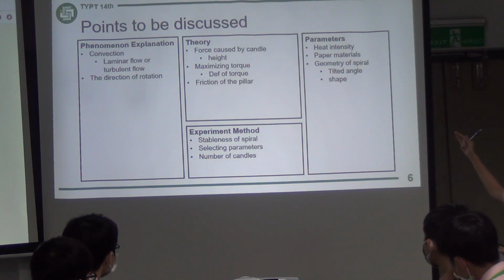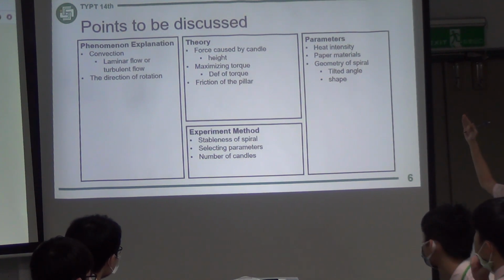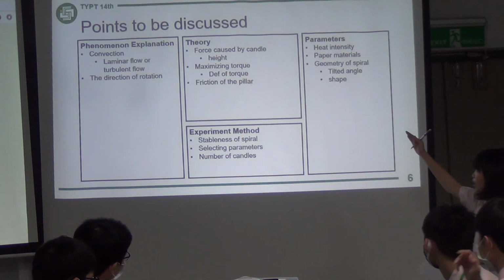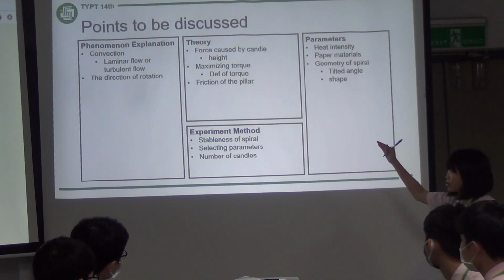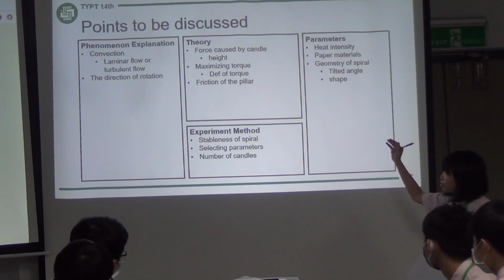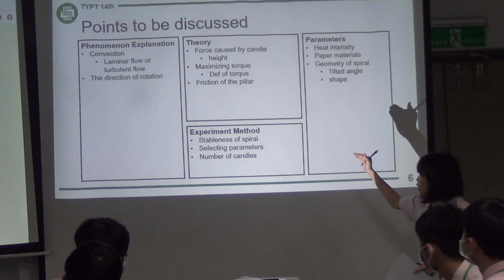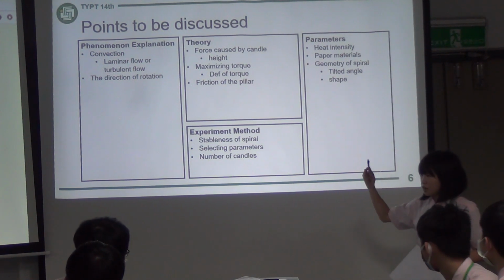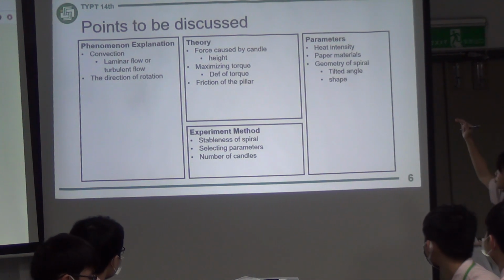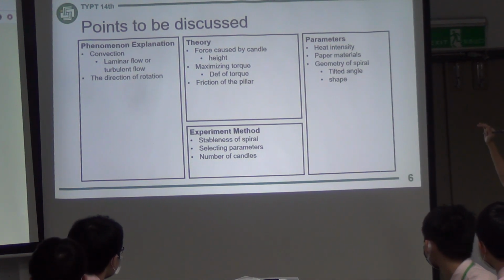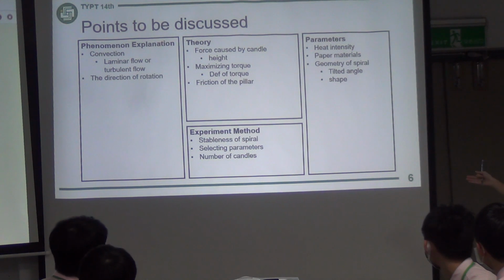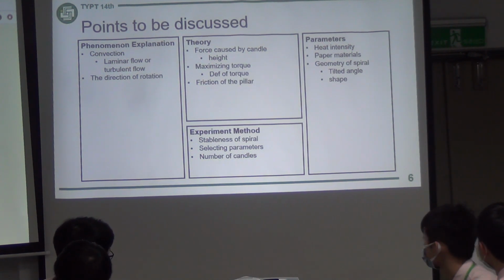Then, since we're trying to maximize the torque, we have to determine the definition of torque and how they are going to measure it. For the experimental method, there's the stableness of the spiral and selecting parameters, which should be discussed later. For the parameters, we're also going to talk about how much heat is being transferred, the paper materials, and the geometry of the spiral. And I would like to move into